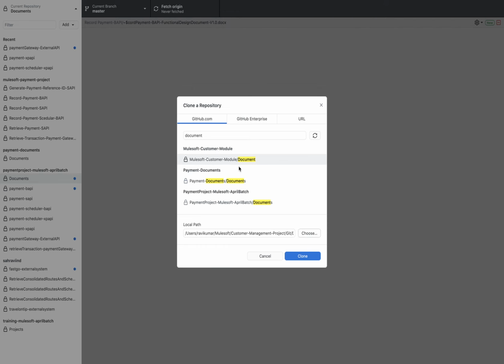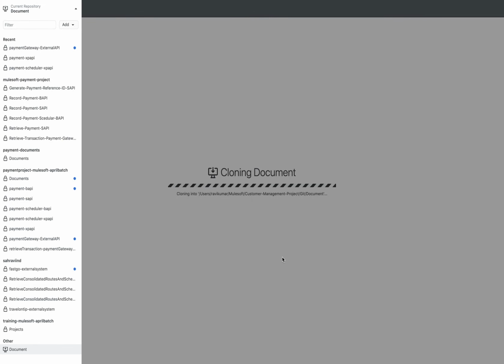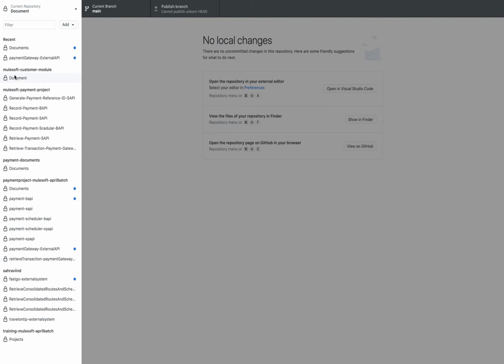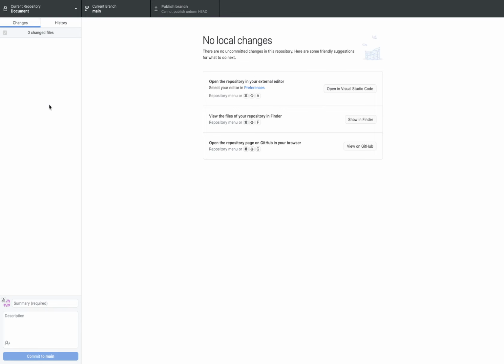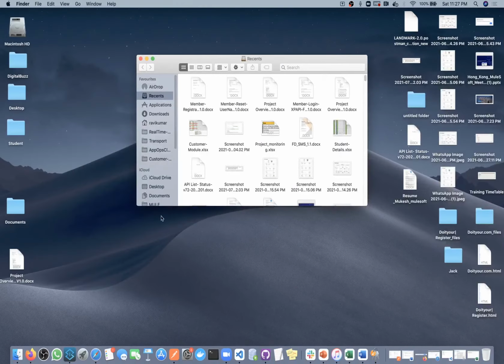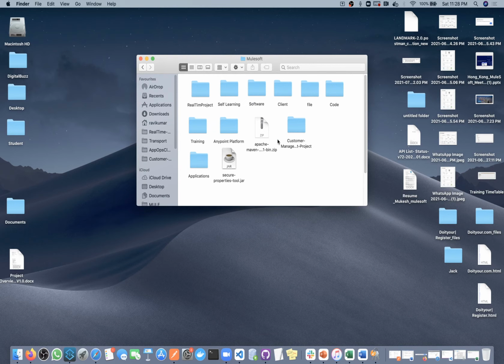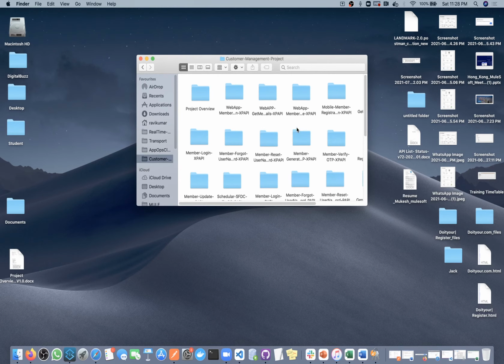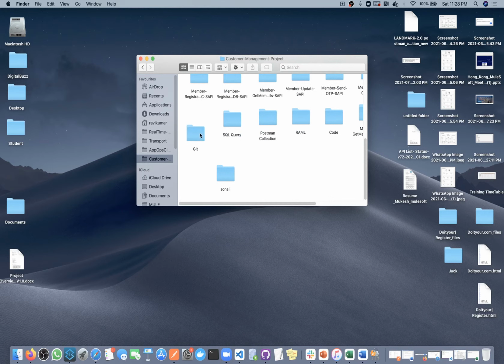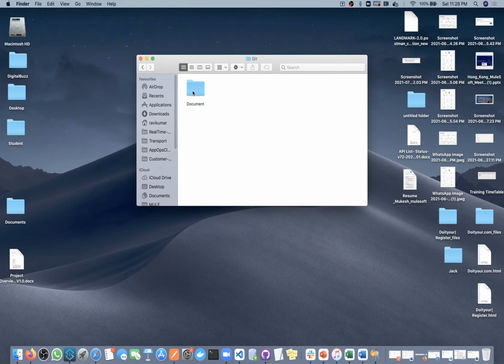So everyone, wherever you want to keep it, just change your folder location, select that particular folder and click on clone. It will take some time and it will clone. Here you can see my organization name and then this folder name. Currently in this folder we don't have anything. If I want to see that folder, I can go here, and then we have Git, and inside this the document is there. So till this point I hope everyone is clear.